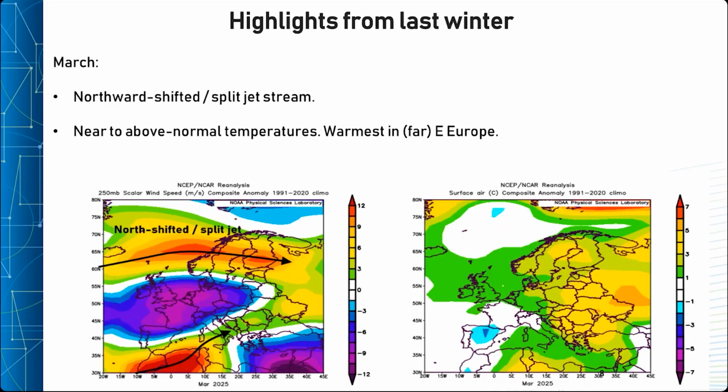The active jet stream shifted a little southwards in March with a parade of low pressure systems and plentiful precipitation into Scandinavia, especially Norway, so a good hydro for there. It was a mild month for most of Europe, particularly in the east and southeast. Southwest was cooler and rather active and wet, with that southerly jet reinvigorating.